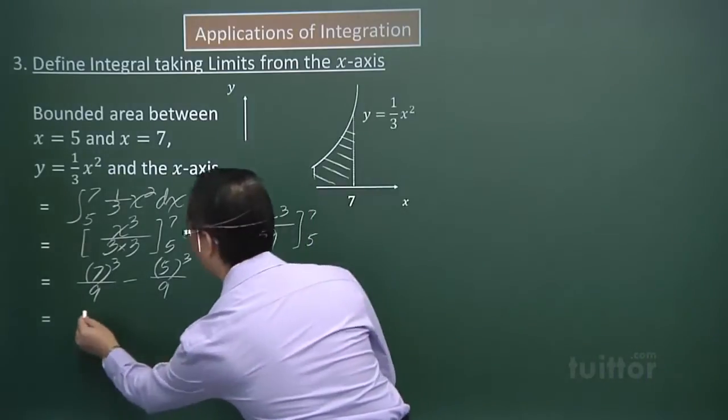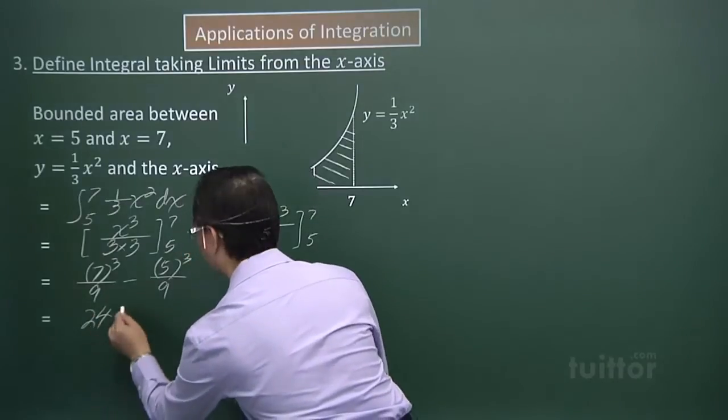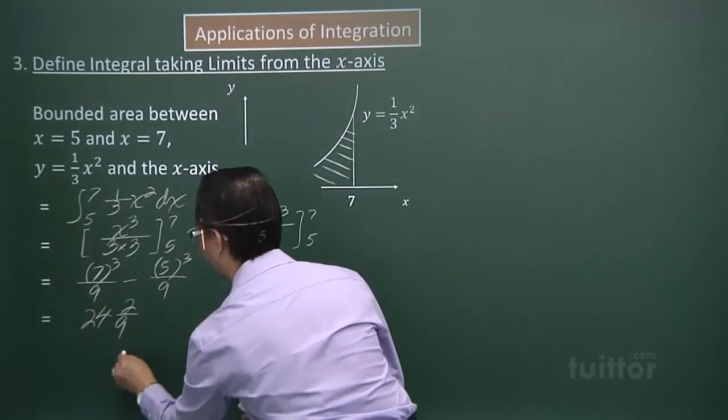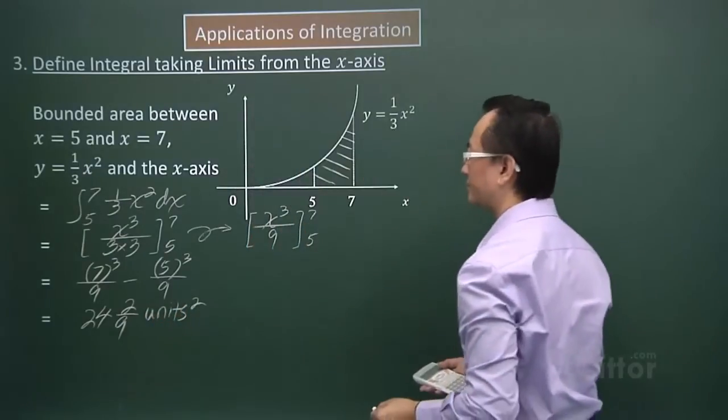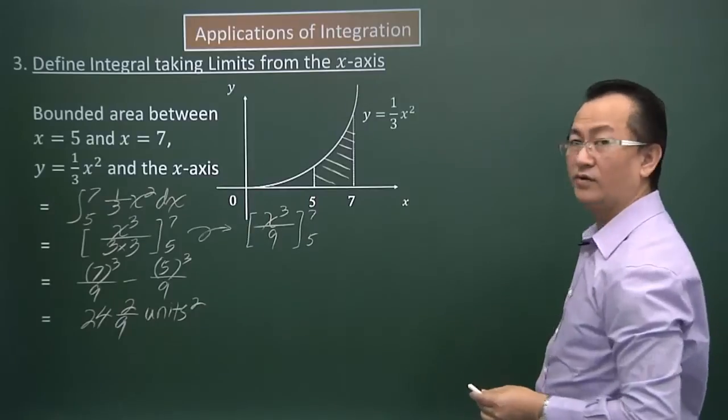I have 24 and 2/9 units squared. You can see